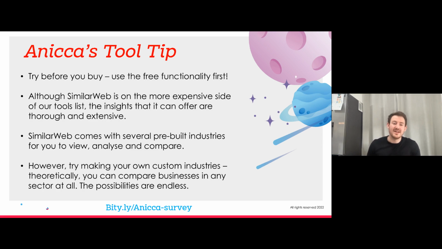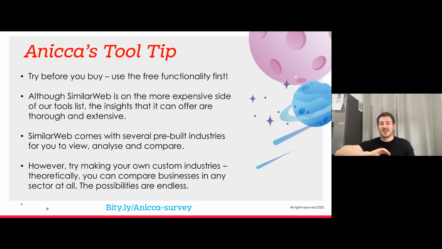than you even imagined. Although SimilarWeb is on the more expensive side of the tools list, the insights that it can offer are thorough and extensive. And it does come with some pre-built industries for you to have a look at, analyze and compare. But the best feature that I deem SimilarWeb to have is that you are able to build your own custom industries. So in theory, within each industry, you might find that you have some competitors that are direct competitors that